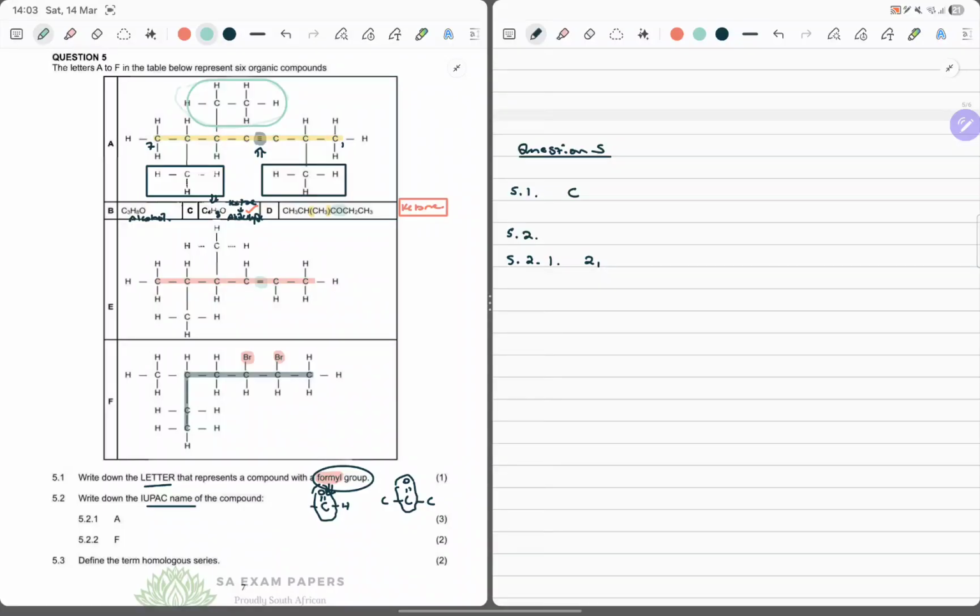There's 2 carbons there. It's an ethyl group. So what are we going to say? So this is 2,6 dimethyl 5 ethyl